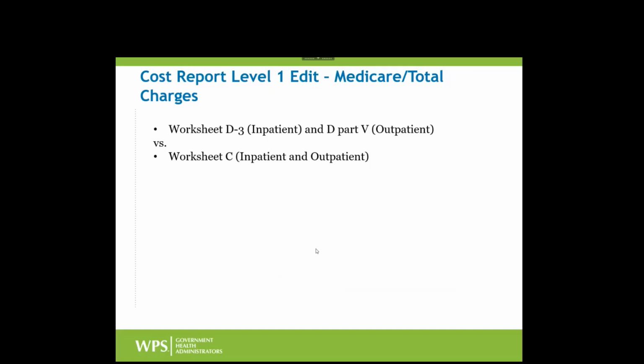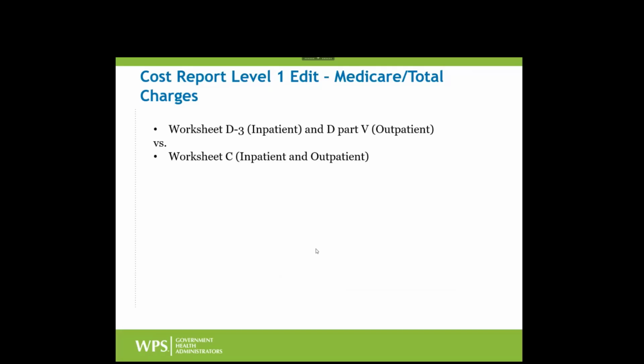But our second level would be to go back to the provider to say, hey, where should this go? It can't fit in here. There's not enough total charges for it. Does it go into another cost center altogether? Or if you tell us that you did make an error with the total grouping schedule, we can tweak it, if it's logical, if it makes sense. And it's possible that something might have been mapped incorrectly between inpatient and outpatient as well. So the point is, we'll be asking you that question and we'll need a response in order to move forward, because we cannot settle a cost report that has a level 1 edit. So that's the thing I wanted to mention there.